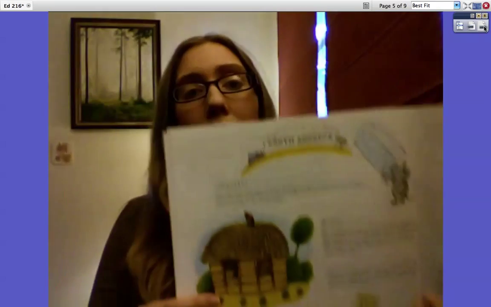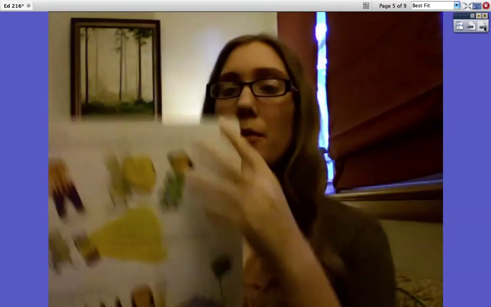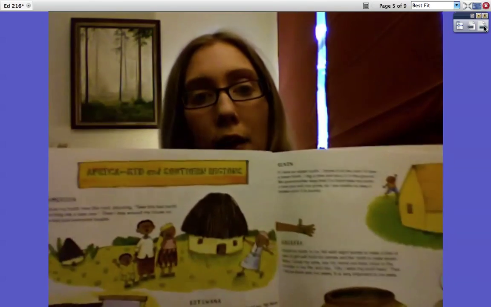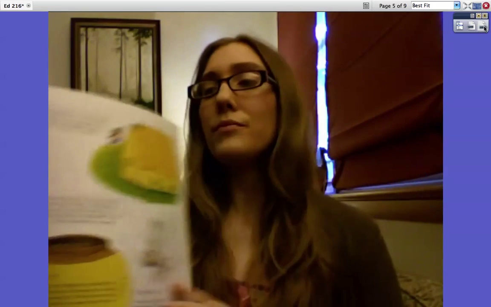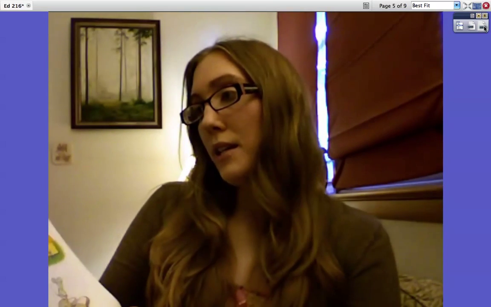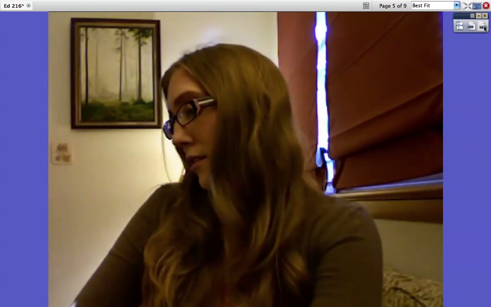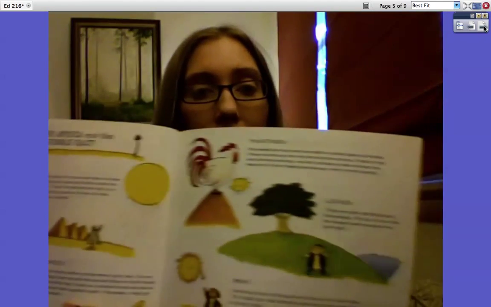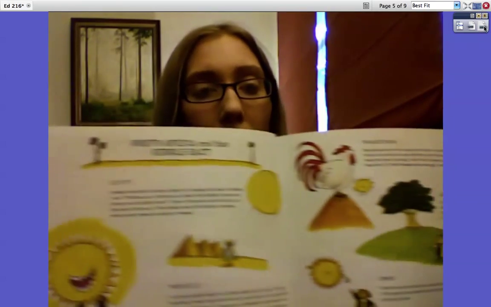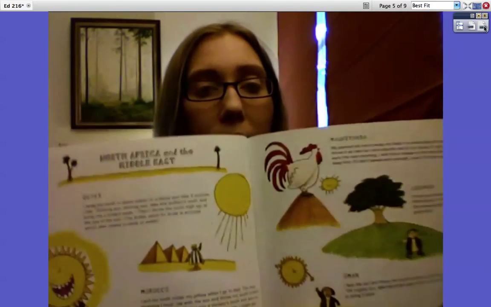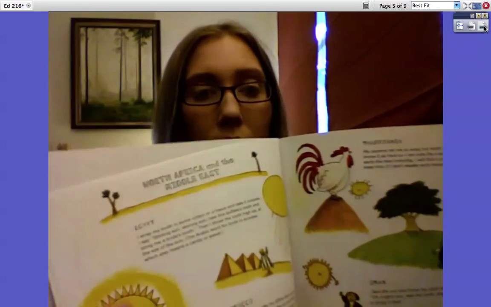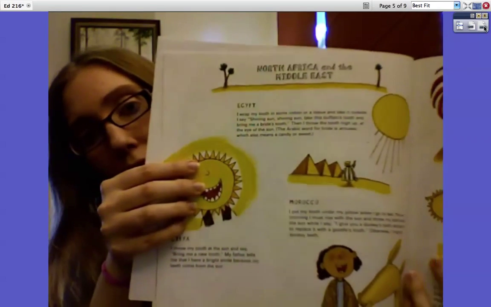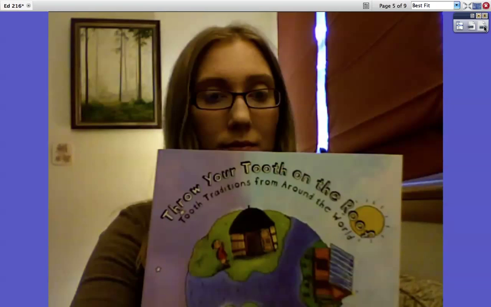now we're in South America, and we sort of take a trip around the globe. From South America, we go to Africa, mid and southern regions. North Africa and the Middle East. And again, as you can see, each time you have different countries from that region, and then a visual depiction of the tradition as well as a written explanation of the tradition.